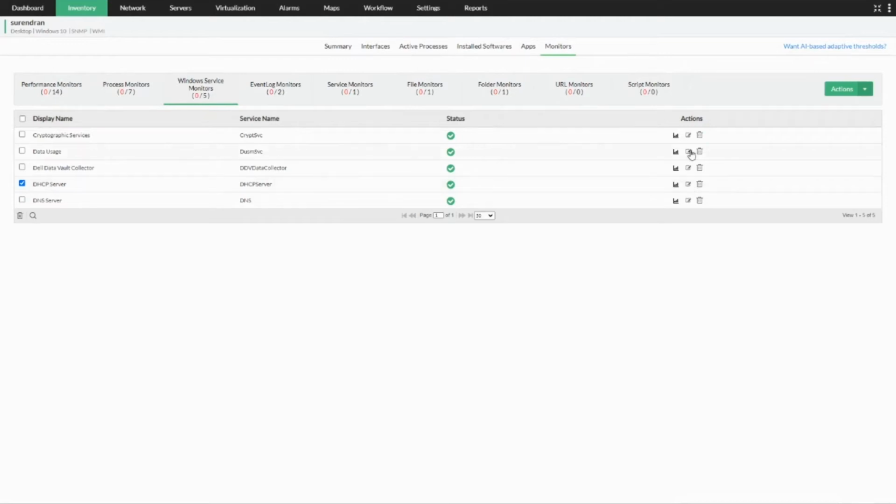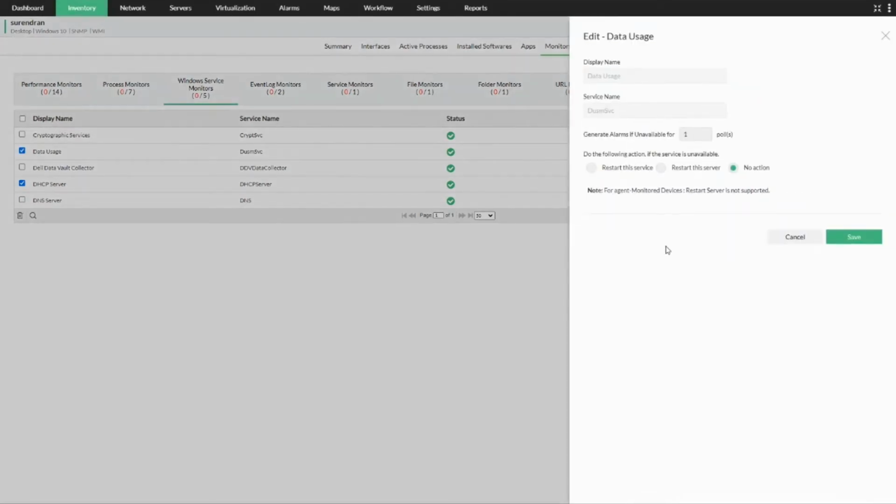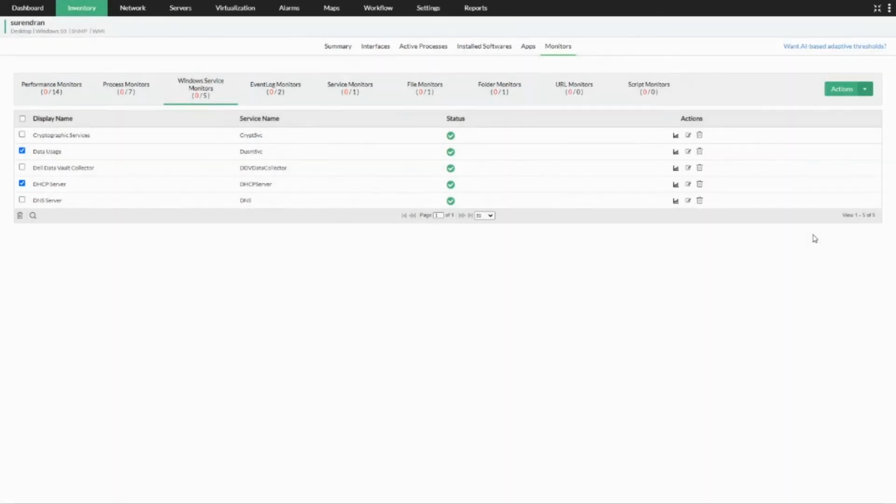And likewise, for example, if my data usage goes down, I could restart the server itself and take it accordingly. For instance, this is a SQL server, and I'm monitoring my SQL service. SQL Server is one of the critical processes or services on any Windows machine for any organization which they're monitoring in their environment. If SQL goes down, it's going to have a major impact on our environment and our business as well. So in those cases, if it goes down and OpManager detects this, it can immediately restart